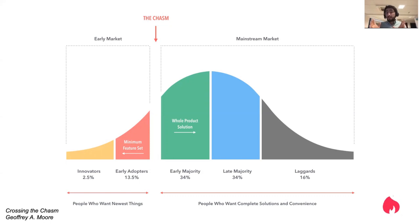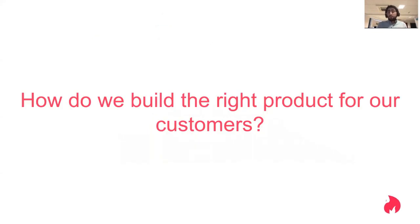But the key thing here is that a big majority of the market are not considered innovators, right? So when we are thinking in one mindset, we have to keep in mind that not everyone is thinking in the same way. So that's a bit of an overview of why we build products and why